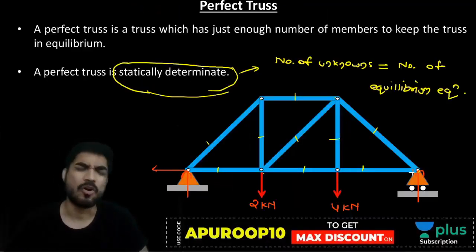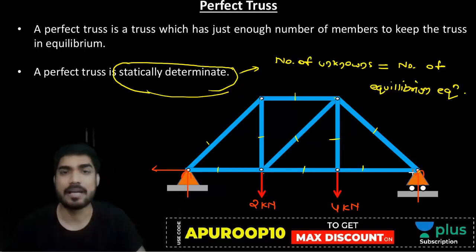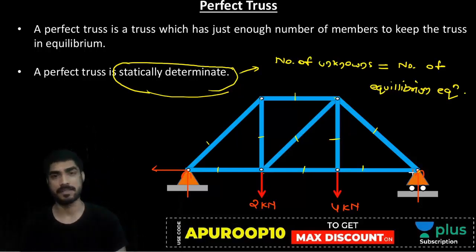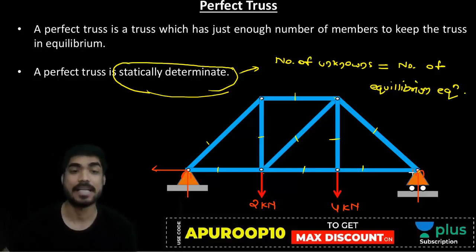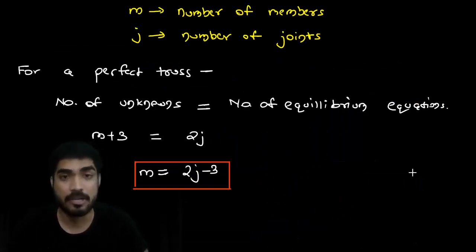Okay. All the trusses that you will see in your textbook or in your exams, they will be perfect truss. We analyze only perfect trusses, okay, which are statically determinate. So do you understand the concept of perfect truss? Do you understand the equation that we got for a perfect truss? Nobody will tell you how this equation is derived, okay? Only a few people will tell you how this equation is derived. But I am going to tell you everything. I am going to tell all the concept.